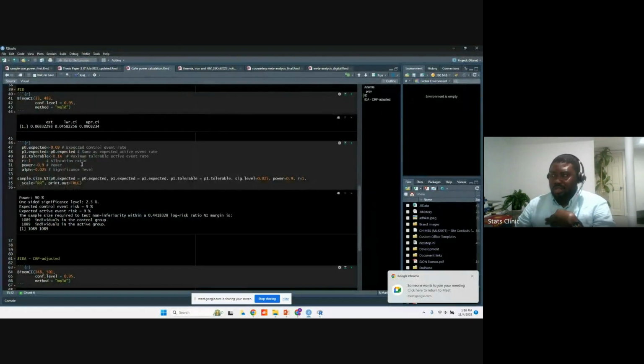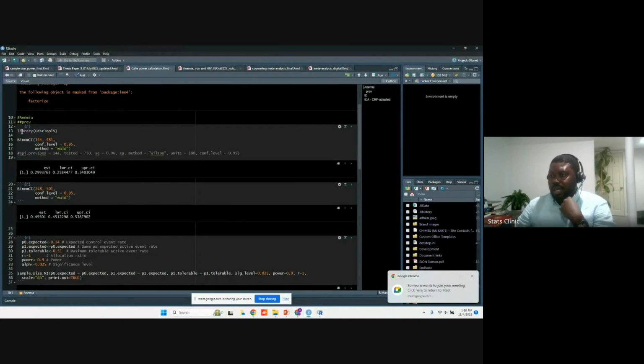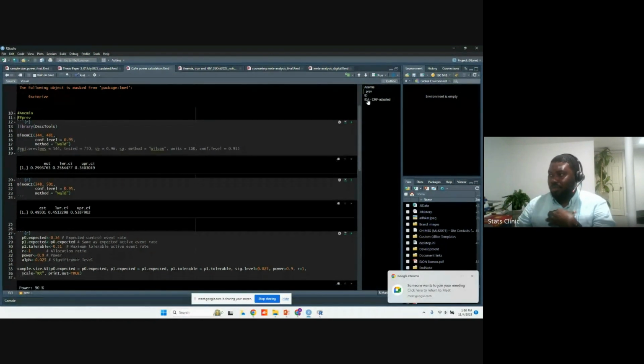But this is what RStudio looks like, and you can see this is where I have all my code. With RStudio, you can have code chunks where you can separate out your code. You can have an outline, so you can jump from part of the code to part of the code.